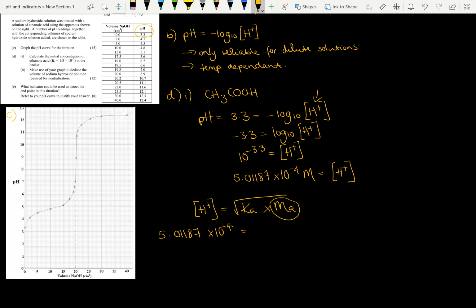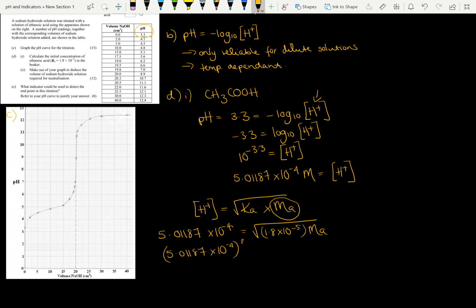So I've subbed that number in for my hydrogen ion concentration. I'm told in the question the Ka is 1.8 by 10 to the minus 5, and that is multiplied by the Ma. So let's get rid of that square root sign